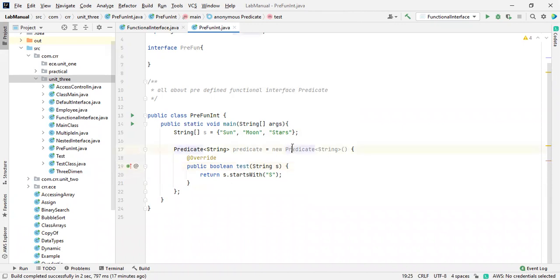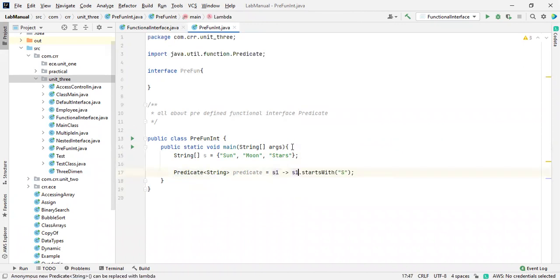Then I'm going to reduce the code by using a lambda. See this one, how it is done. This is done by using a hyphen and a greater than symbol. So the Predicate consists of only one abstract method. And what I did, I mentioned the array consisting of a static, excuse me. So this is what we are doing.